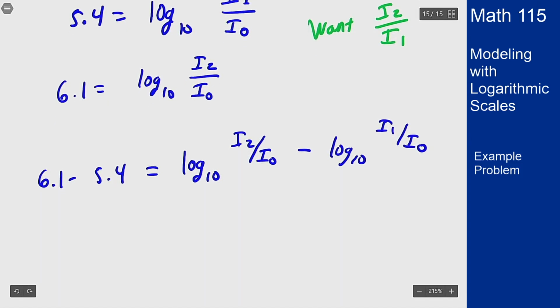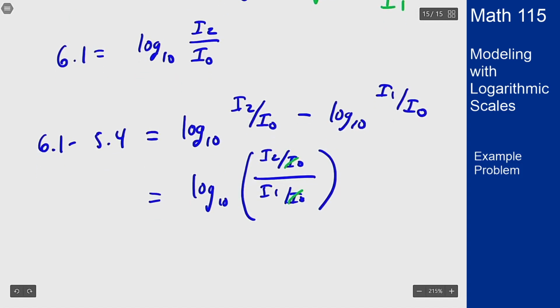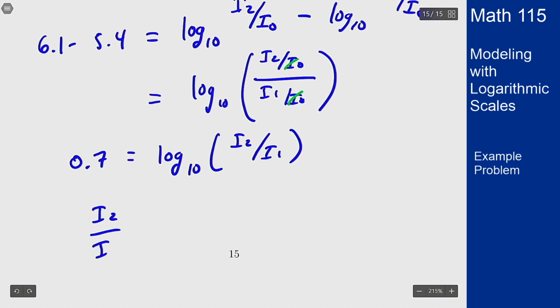Then I combine those two logs. Log of something minus log of something else should be the log of the quotient. This is log base 10 of the quotient, I2 over I0 divided by I1 over I0, and the I0s cancel. The left-hand side says 0.7, so 0.7 equals log base 10 of I2 over I1, which tells me that I can solve for the ratio I want, I2 over I1, as I2 over I1 equals 10 to the 0.7,